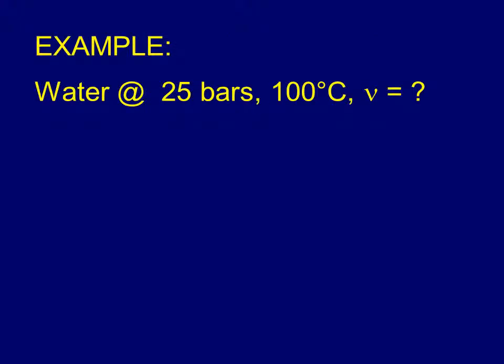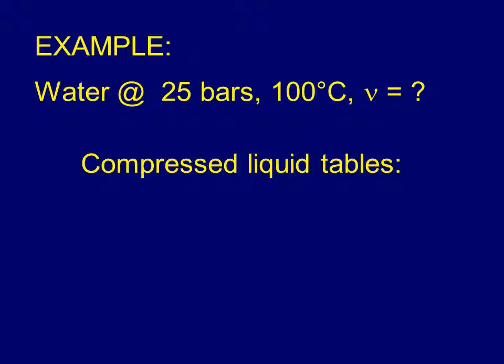Okay, let's take water at 25 bars and 100 degrees C. Try to find what the volume is. Well, you know 25 bars is much, much higher than 1 atmosphere. That's nearly 25 atmospheres. A bar is close to an atmosphere. And you know that water would boil at 1 atmosphere at 100 degrees C. So at 25 bars, it's definitely a compressed liquid. Go to your compressed liquid tables, and the volume of water is 0.0010423 meters cubed per kilogram